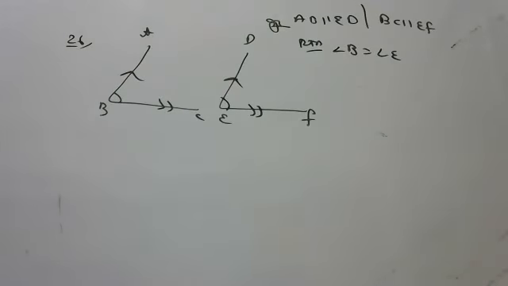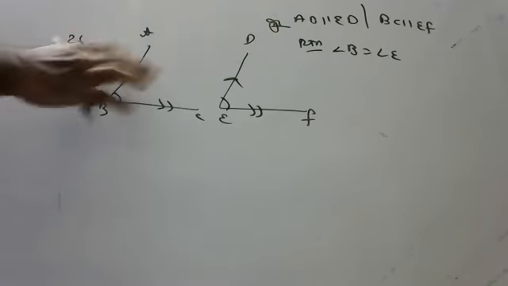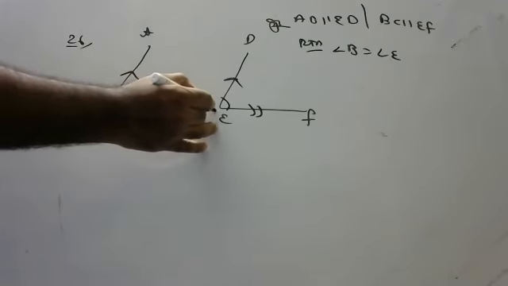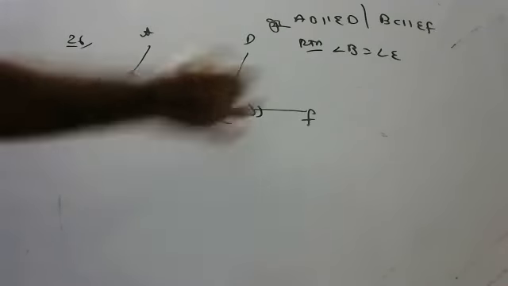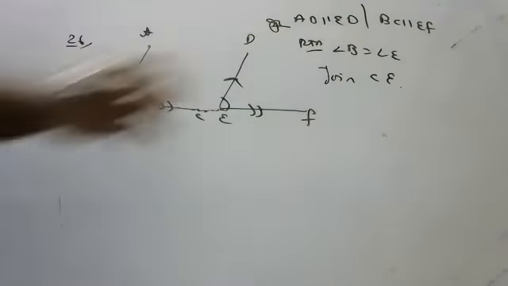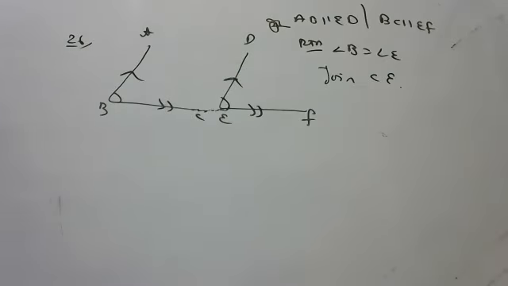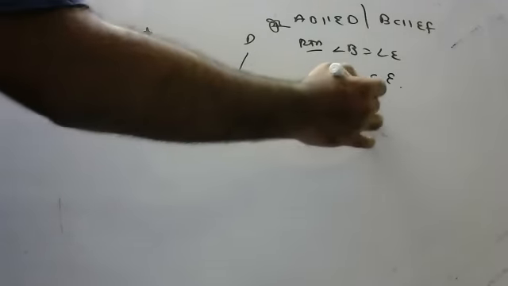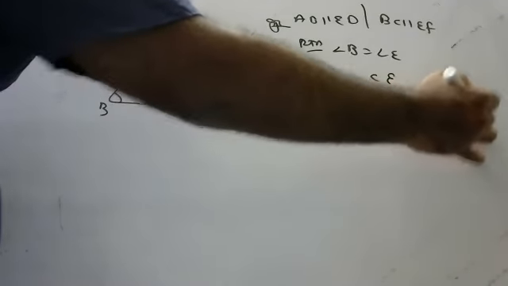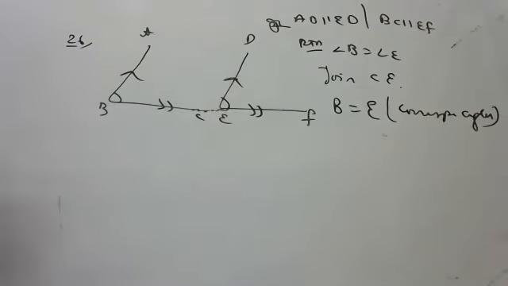Okay, children. Now, when they are given like this, these both are parallel lines. I will join C. They are in the same line. If I join C, B and D will become what, children? Anyone? Corresponding angles. Very good. Shanmukh is saying very nicely. B and D will become corresponding angles.